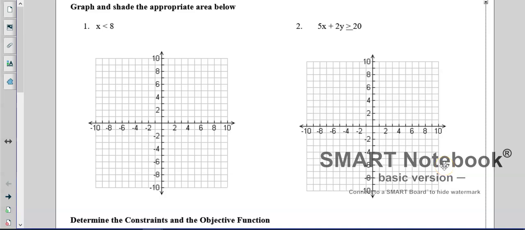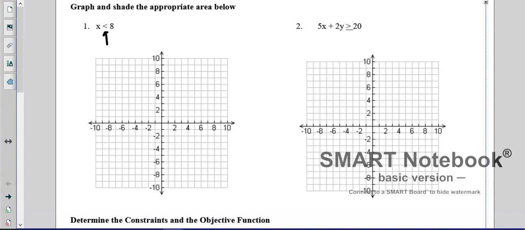All right, so we're on the Unit 9, Part 2 review, quiz review. All right, so x is less than 8. Remember, whenever you have this situation with just less than, you're going to be using a dotted line. Okay, so be careful with that. Now, with a dotted line